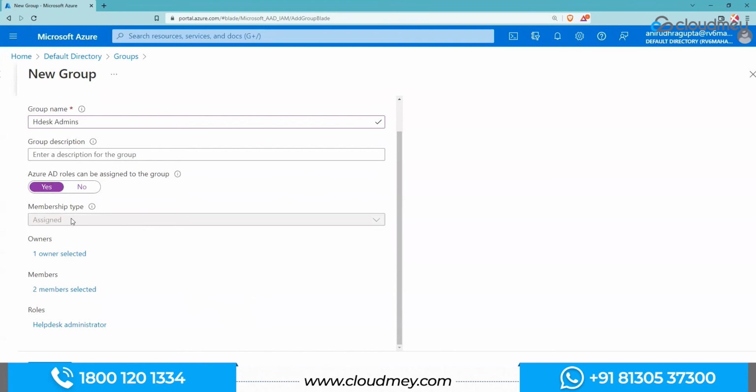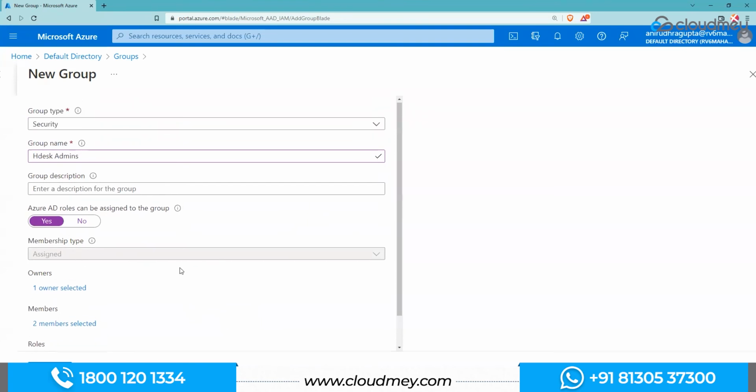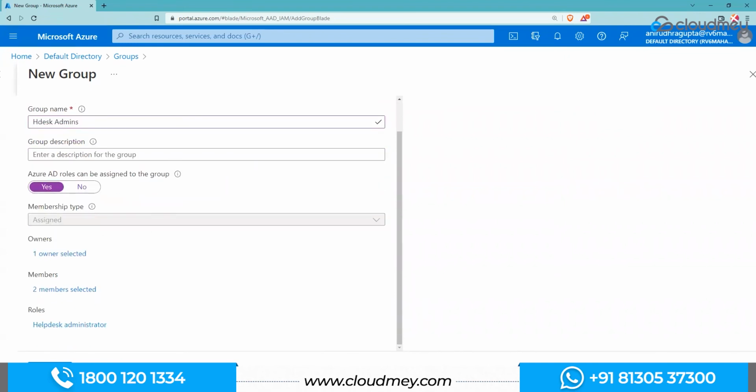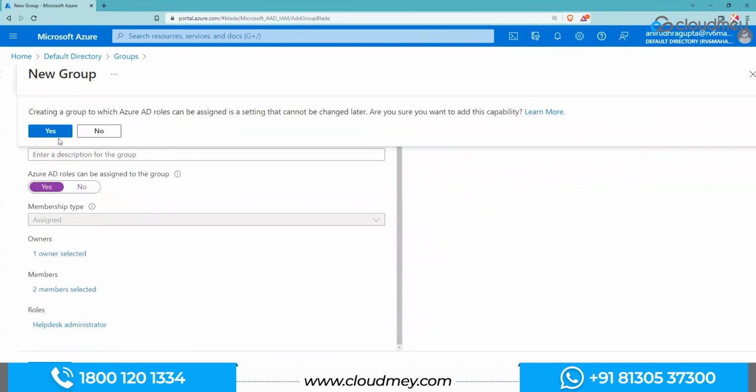Okay. Management type, again, no need to worry about it. We will first create a simple group, then we will discuss these two types. I'll just click on create. So what I did is,